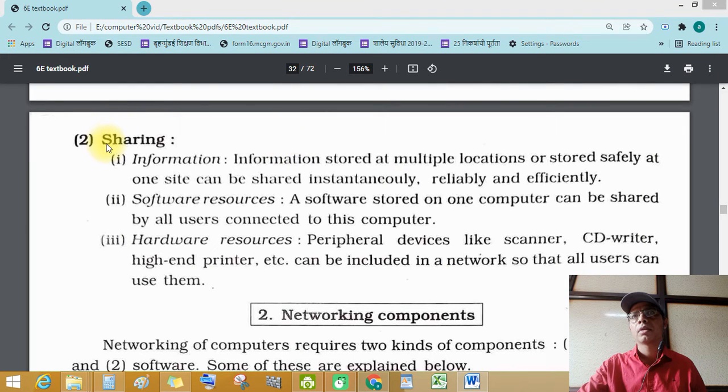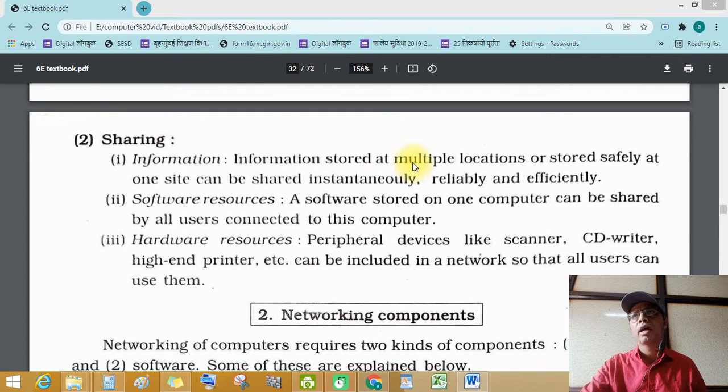Students, networking benefits. See this information. Most important benefits. First, sharing information.